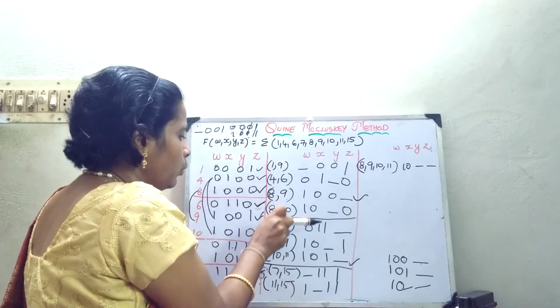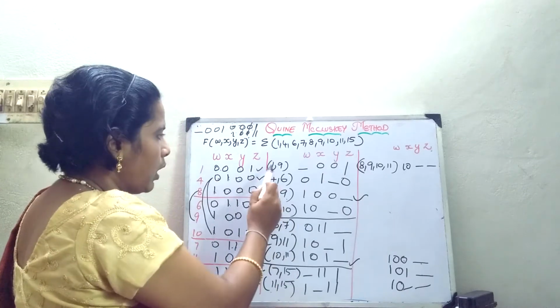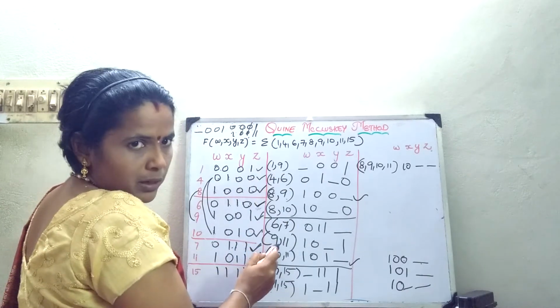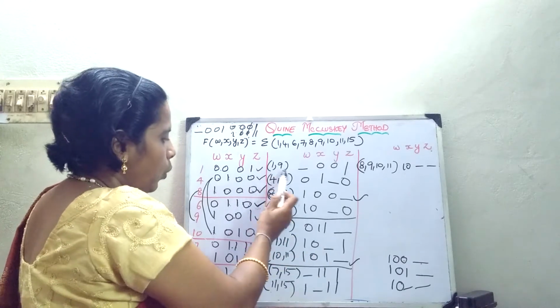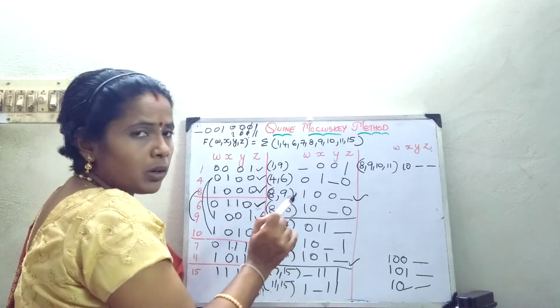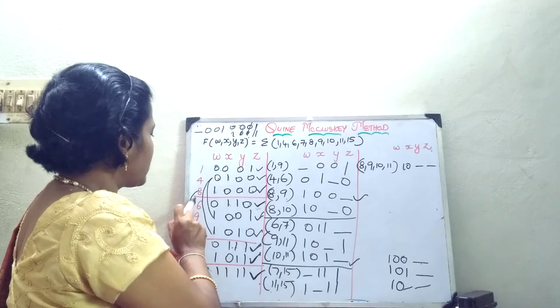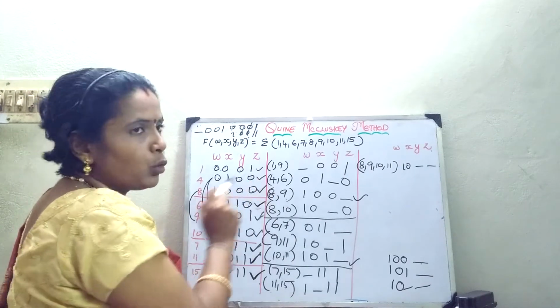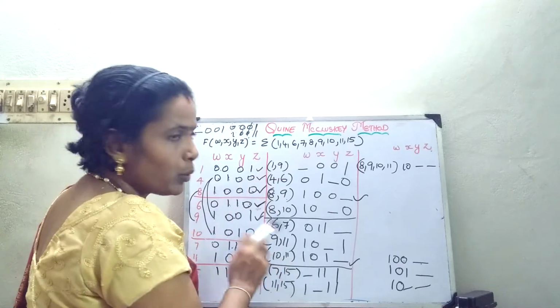Same way, 1, 9 with 6, 7. Next is 1, 9 with 9, 11. No need to do because both the places 9 appears. In this case, 1, 9, 6, 7 means different variables. 1, 9, 9, 11 means no need to check. That is only, I am telling the shortcuts only for your time consideration. Okay, and suppose if the numbers are like 6 and 7, surely the grouping will happen. Okay, so now like this when you do, you get like this.